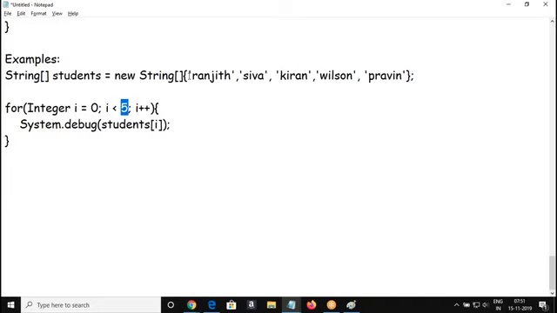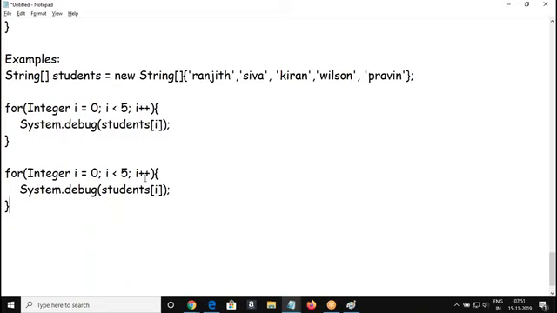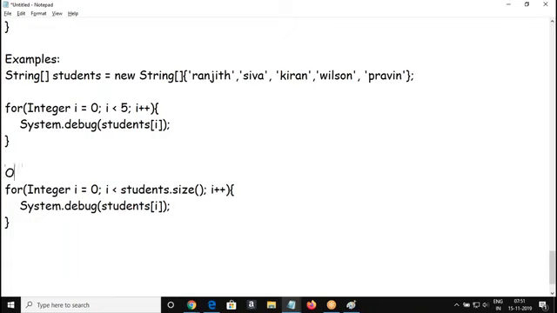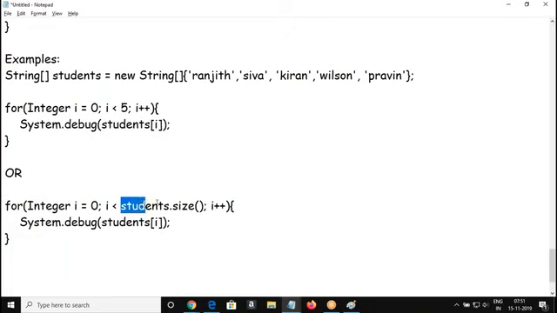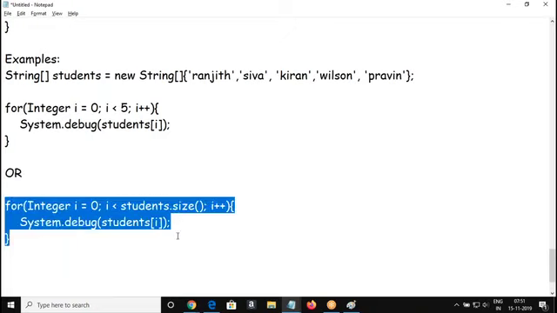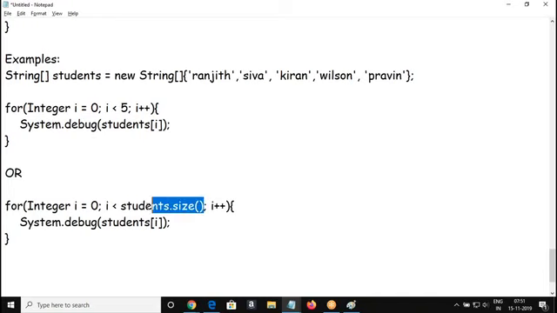We know how to get the size of the array. So instead of giving the hard coded value, this can also be written as size dot size. Okay. So either this approach or this approach. This is a better approach, right? We need not hard code it. The size you can directly get.